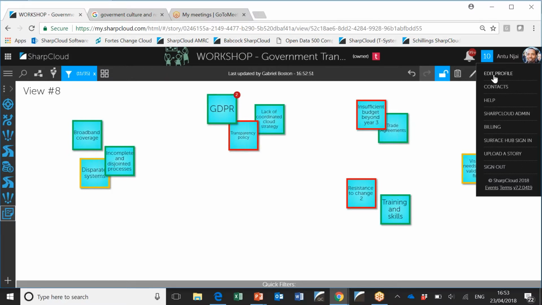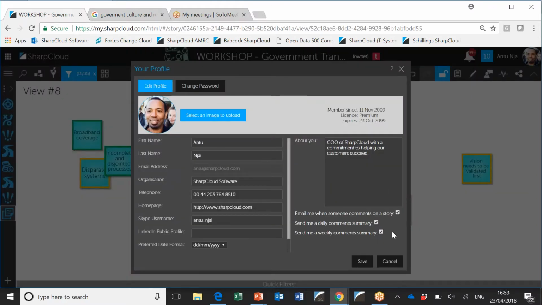But again, I can control my preferences to a further level of granularity, saying whether I want things as they happen, on a daily digest, and or a weekly digest. And I tend to ask for all three because I'll miss some of the initial comments. I'll then check on the daily digest, maybe on the way home. And perhaps if I've had a week where I've not been able to get to things too well, I'll check the weekly digest when that comes through.